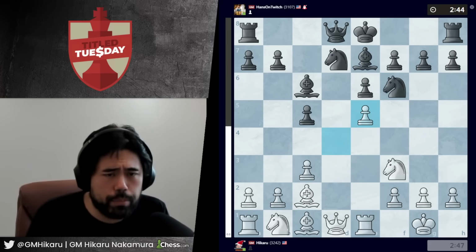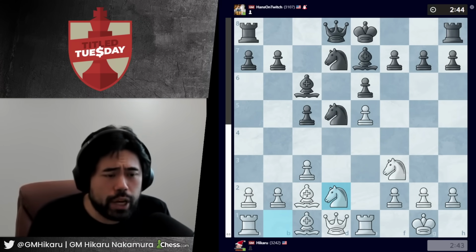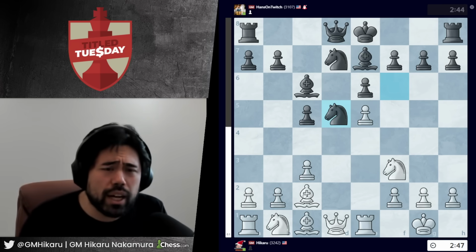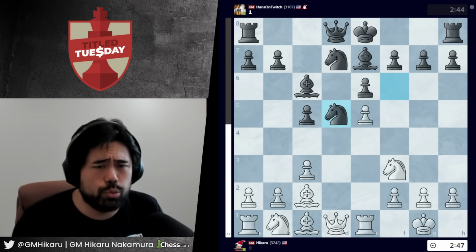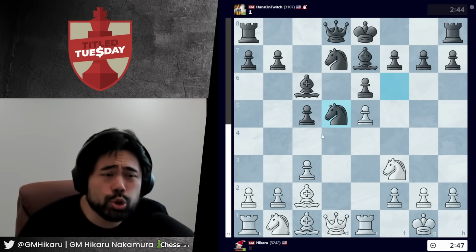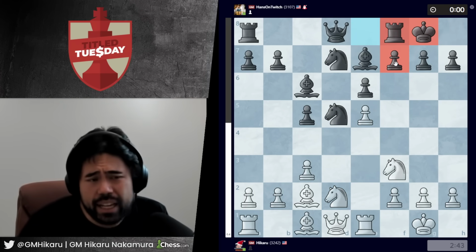Hans decides to trade the pawns. I take back with the pawn, and now he goes knight to d5. Here I play the move knight b d2, which is probably not the best move, by the way, but one thing, since this was a blitz game that I wasn't thinking about really at the time, is that I was sort of assuming Hans was going to castle his king to the queen side immediately, and the game would continue